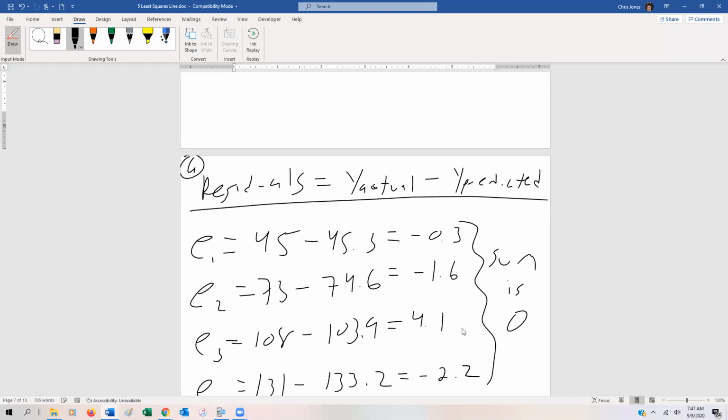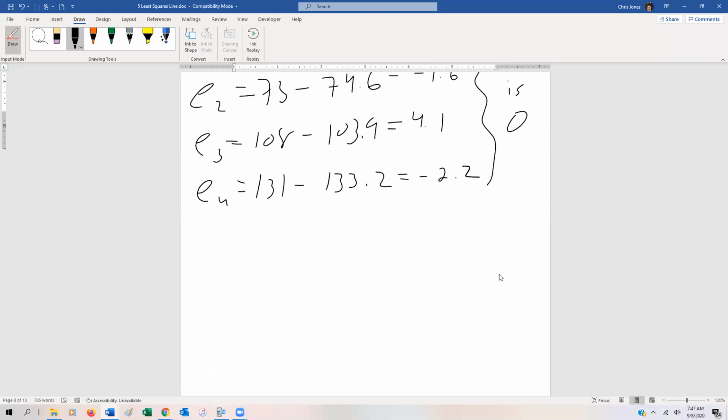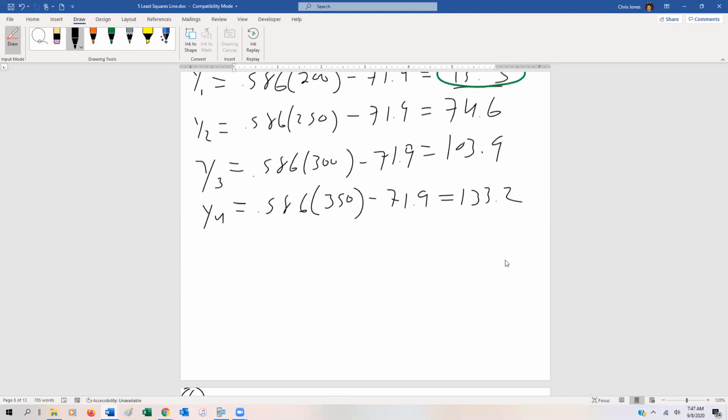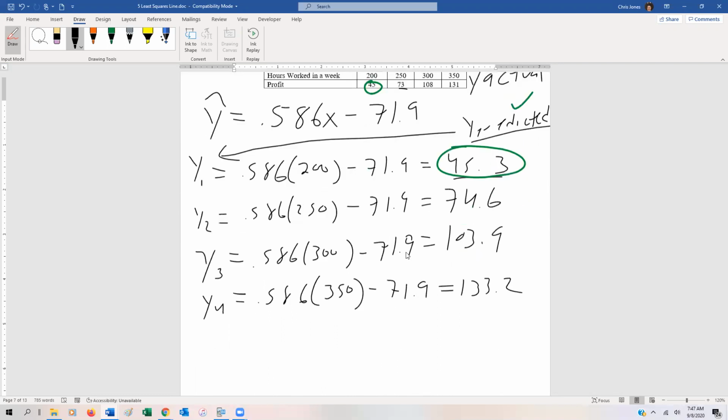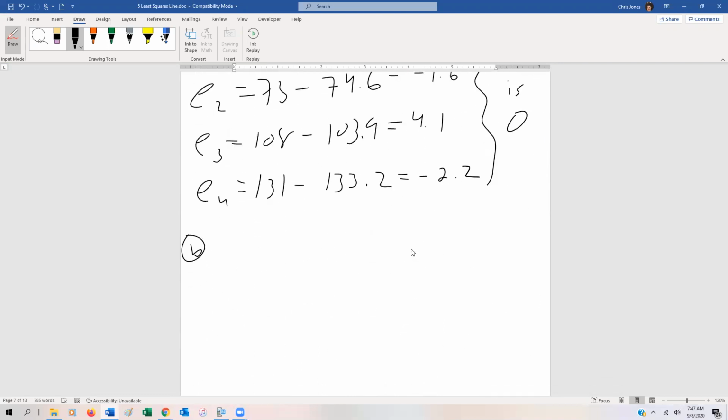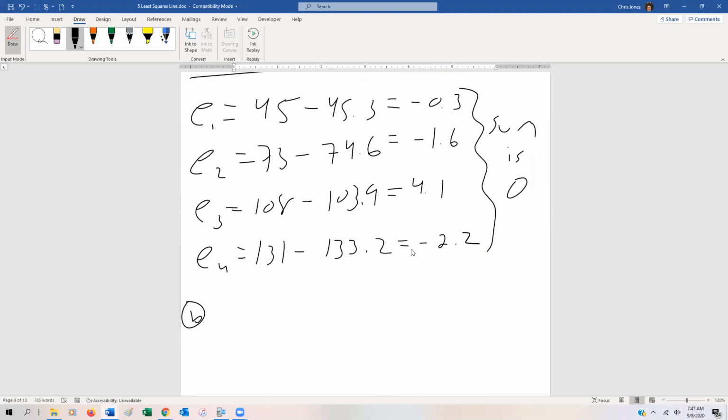All right, now part B asks us to find the point that's closest and furthest. Okay, so what we do is we ignore the signs of the residuals when we're trying to find the point that's closest and the point that's furthest from the least squares line. Because remember, it's going to be above and below, and the distance is an absolute value. So really what we want to do is we just want to ignore all the signs,